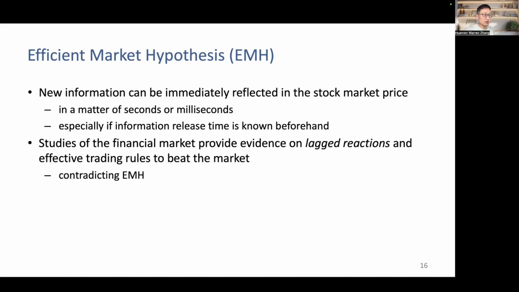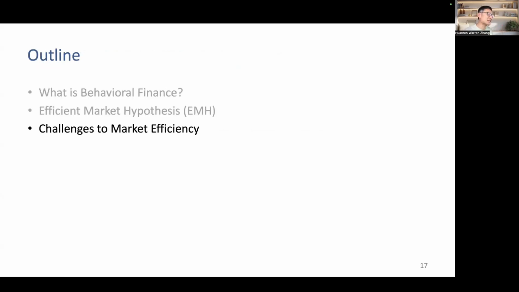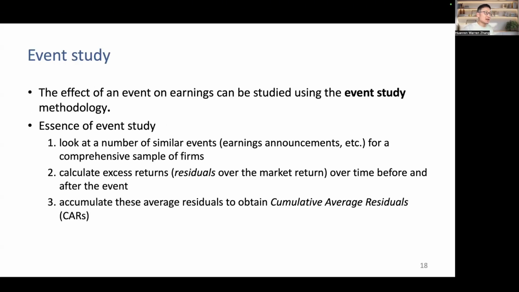Right? Now, let's move to the next topic, the challenges to market efficiency. Even though we have learned that information can be incorporated immediately, this incorporation is not full scale. Some investors would react to the new information, to the public information, but a lot of investors are slow in reacting, making opportunities to gain from reacting to the corresponding information, right? So that is a contradiction to the efficient market hypothesis.